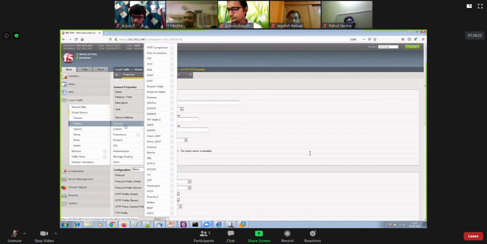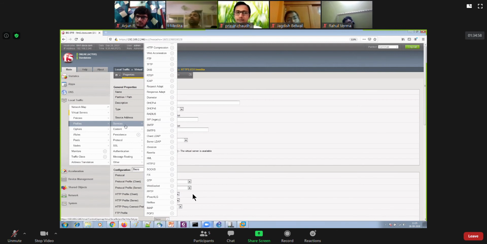So all of them are application layer protocols, and you can create the profile for them. Ideally, in which situation will you be using these service profiles? For example, if you want to modify the behavior of your virtual server with regard to HTTP, you want to have some different behavior from your BIG-IP towards your HTTP-based data. You will have to create the HTTP type of service profile.